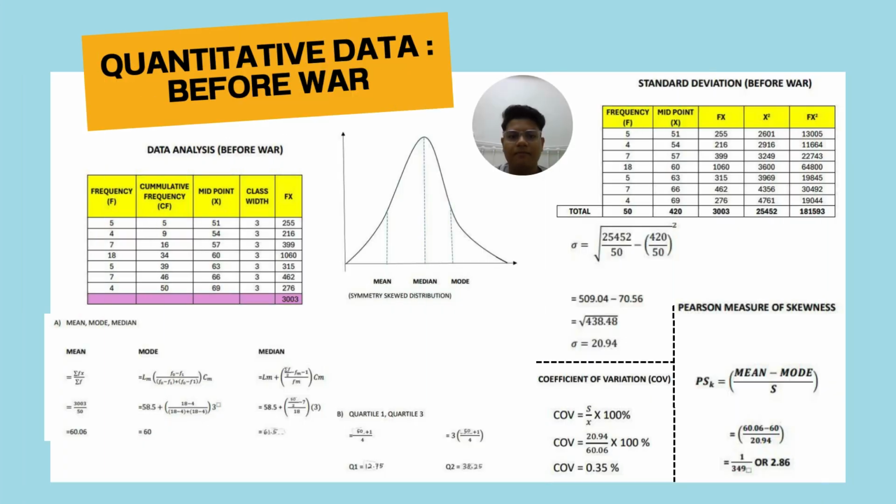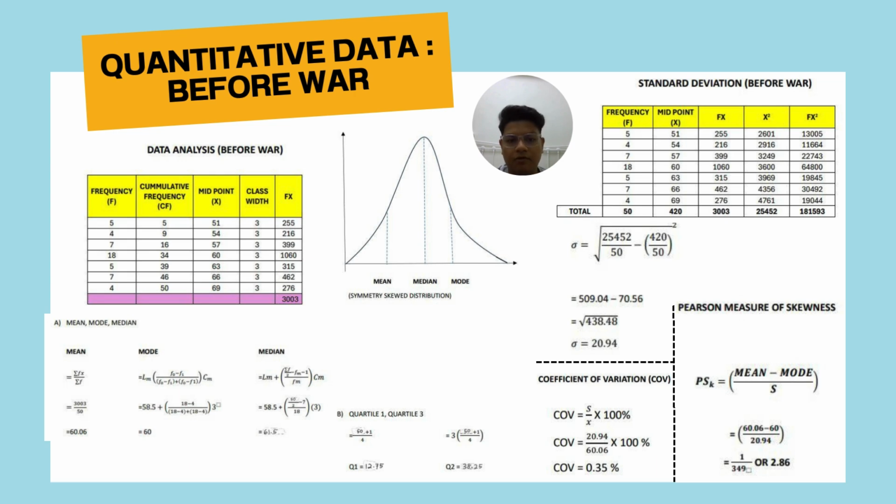Hi. Right now, I will explain the data analysis before the war. Based on the table, as you can see, the total fx that we got is 3003. For the calculation of mean, mode, and median, for the mean, we use the total fx divided by the total frequency. The answer that we got is